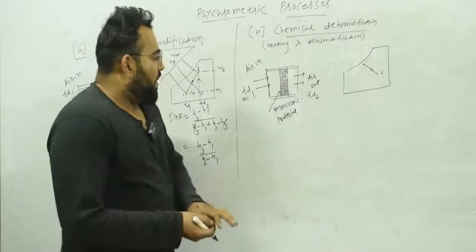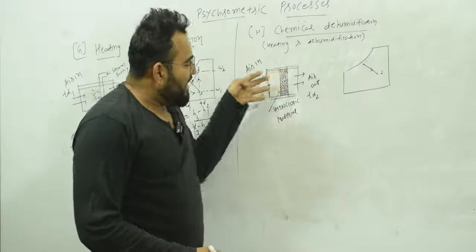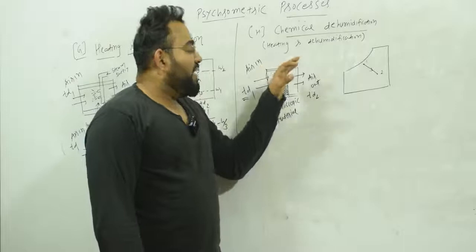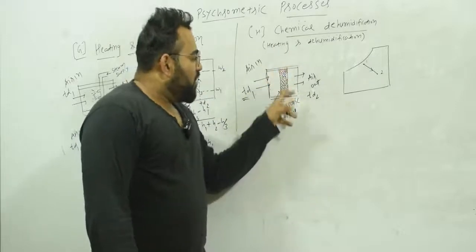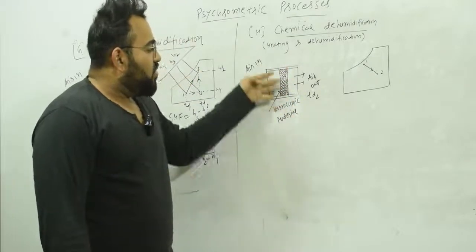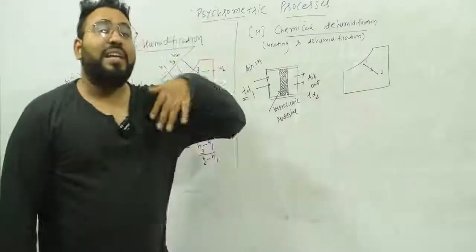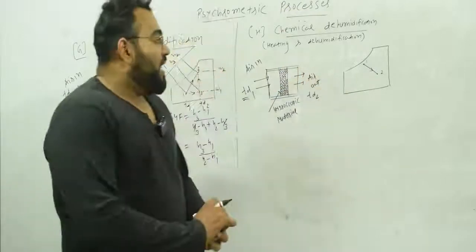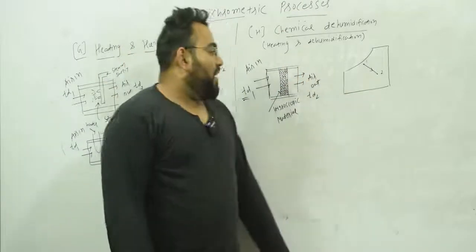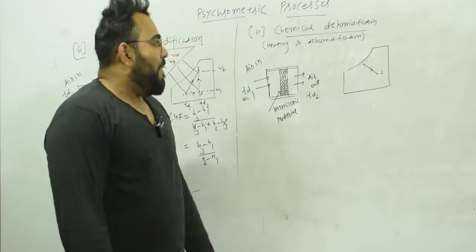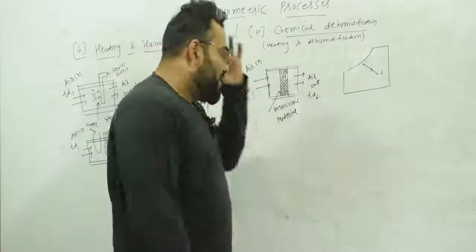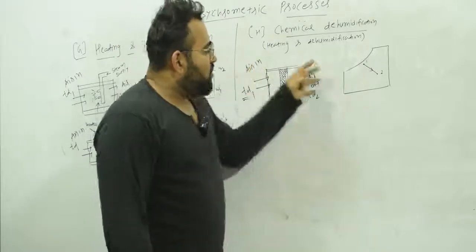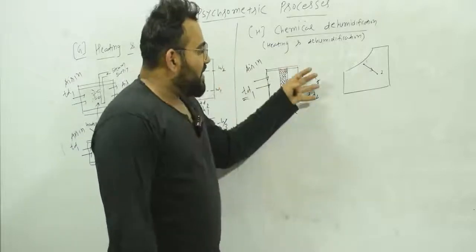What is going to happen when the air passes through this hygroscopic material? Some of the water vapor that the air has is going to be absorbed in the hygroscopic material. So whenever the air comes out, it comes out with less water vapor. That means humidity is going to decrease, and dehumidification is going to happen. Now the question will come to your mind: sir, we understand the dehumidification, but how is the heating going to happen? This is a very special process. This process happens at constant enthalpy.